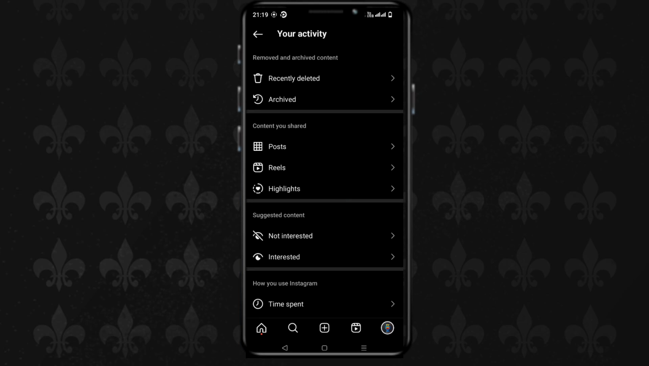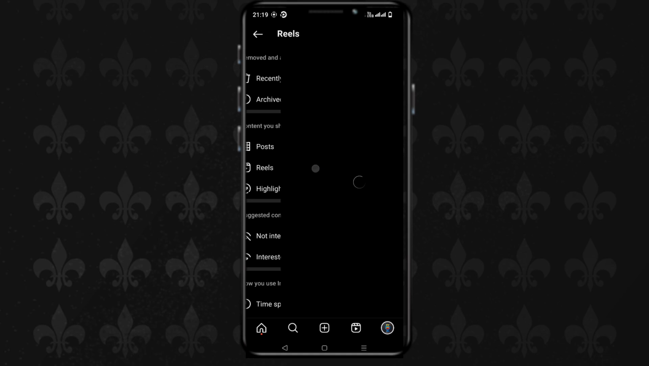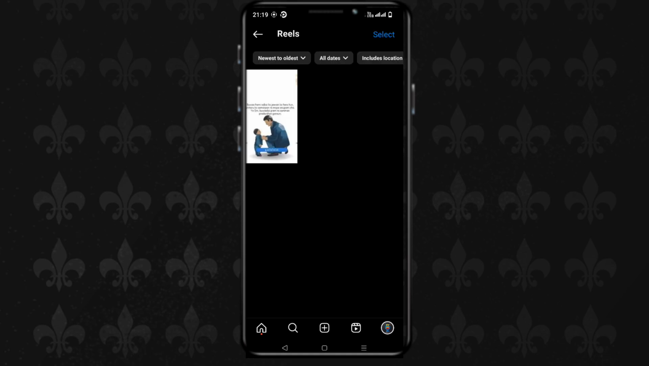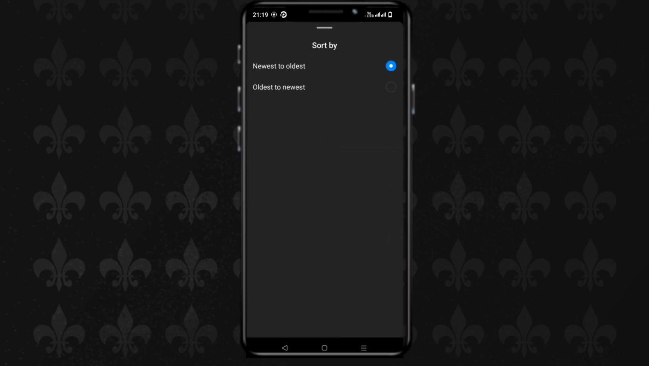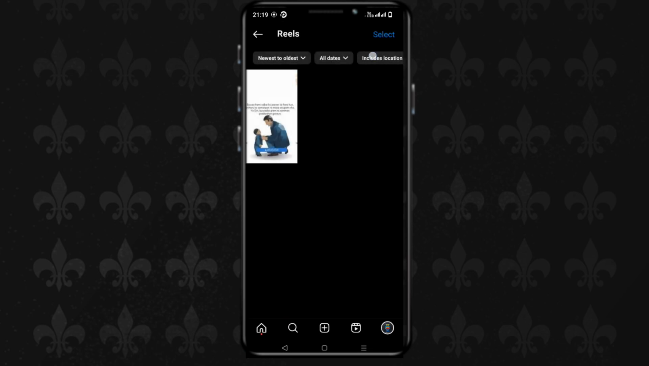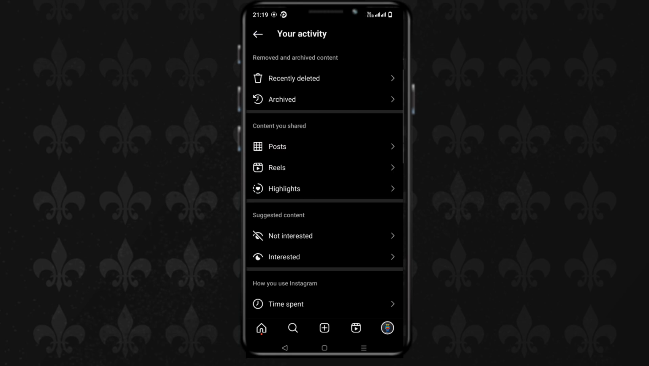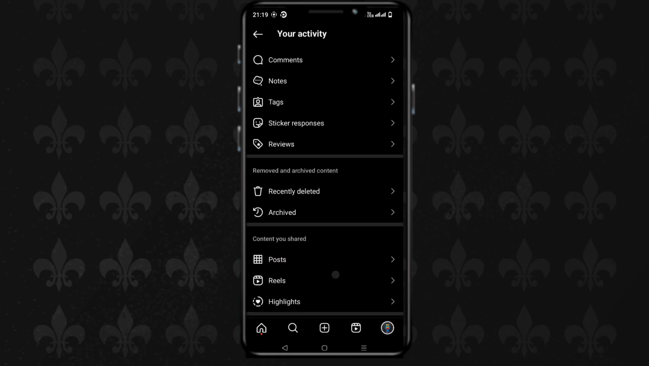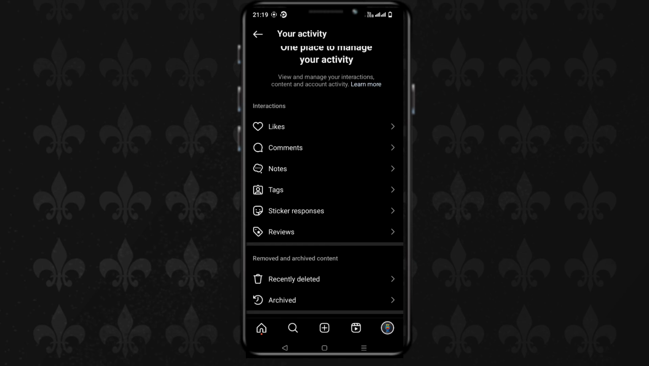Now to see the recent reels you've posted, simply go to this Content You Shared option and click on Reels. Now you can sort from newest to oldest or oldest to newest and use all these filters to see the recent reels you shared. Now if you want to see the reels or posts you interacted with, you can see